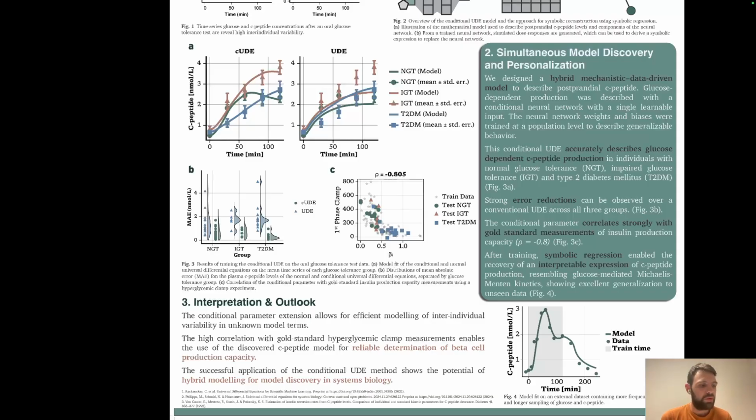As an additional note, the conditional UDE is quite data efficient, which shows a high performance with as few as 29 individuals if class balance is maintained. Symbolic regression makes this model transparent and deployable in different situations. There are also numerous applications beyond type 2 diabetes, which include personalized cardiovascular modeling, PKPD modeling in drug development, or infectious disease modeling.